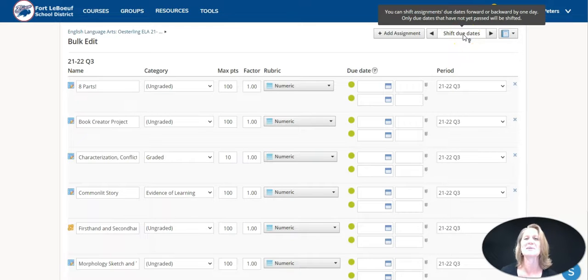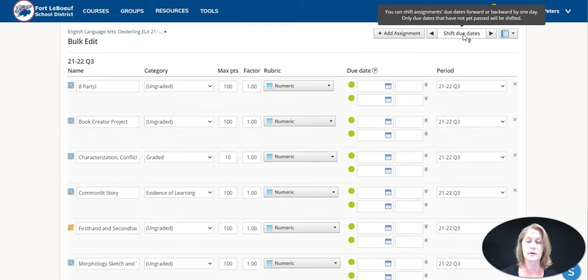Sometimes we have a snow day or things get pushed back and we're just not making as much progress as we needed to, and we need to change due dates. So if you have multiple assignments that you've put in already and you kind of need to shift due dates on a few rather than just one, switching one due date's not bad from inside of editing that material or making that change inside of the gradebook itself. But if you have added things for an entire week and then we have a snow day and you kind of want to switch all of them, you'll notice that this option here is going to shift the due dates either forward or back by 1 day only, and it's only going to be for those that have not passed